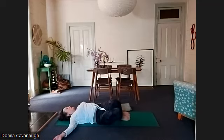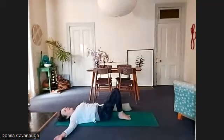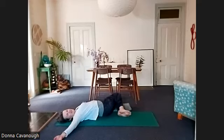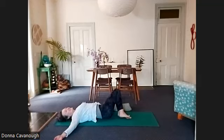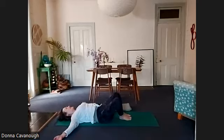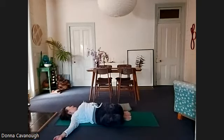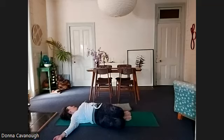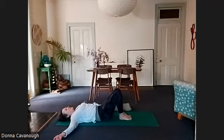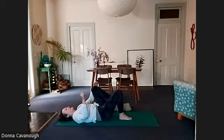Inhale and squeeze the belly to the spine at the same time. Legs lift up. Exhale. Knees go left, looking over the right shoulder. Inhaling, squeeze the belly to the spine. Looking left, and then knees go right. Boom. Hug the knees into your chest